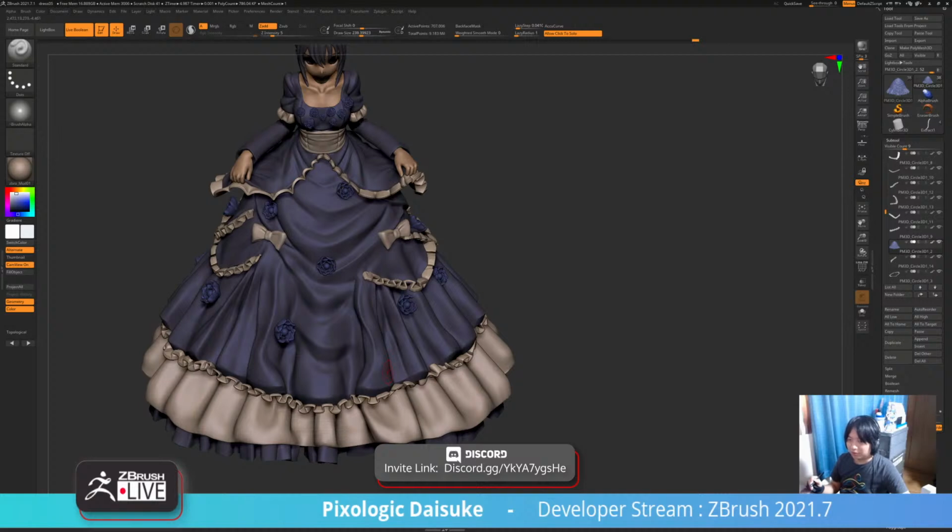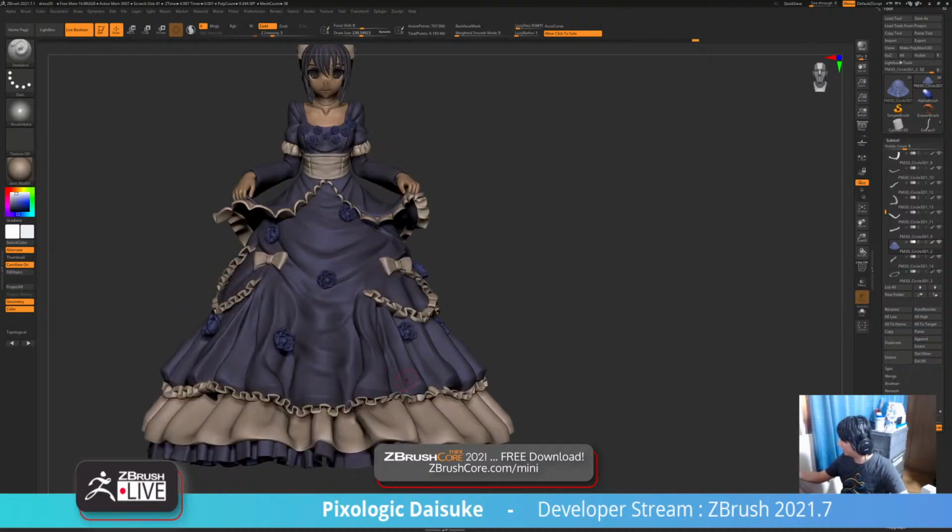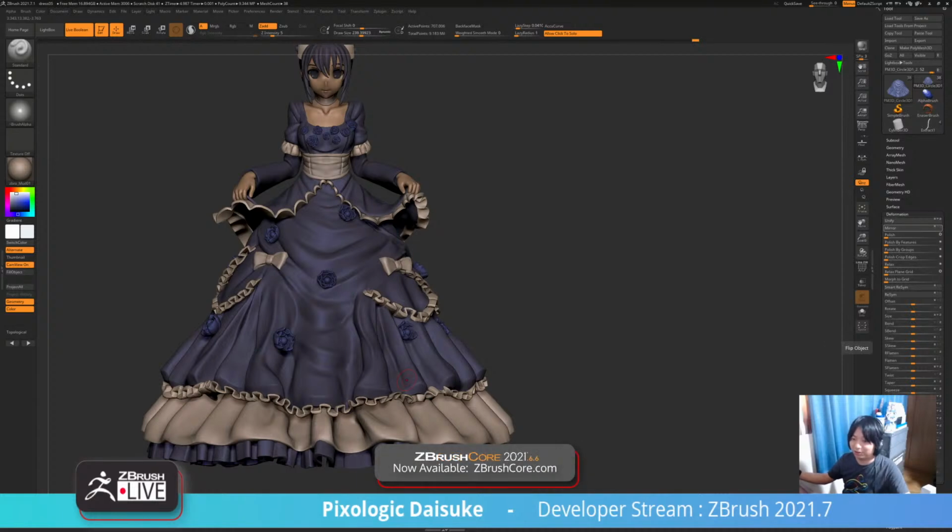Daisuke, is there a possibility to make the Unify brush, for example, shorter like the delete hidden? Unify brush? A Unify button? Isn't it short like as is? Oh, you mean the